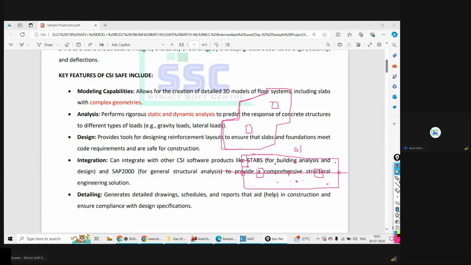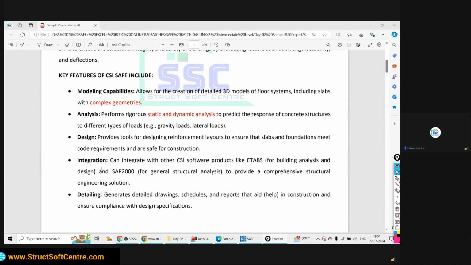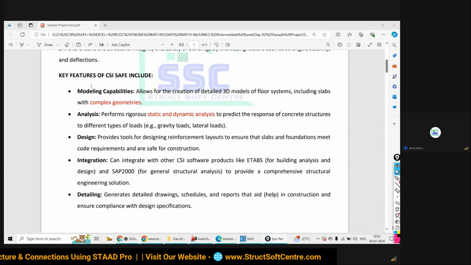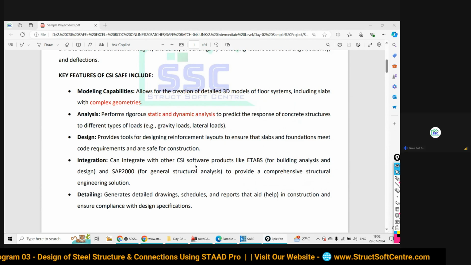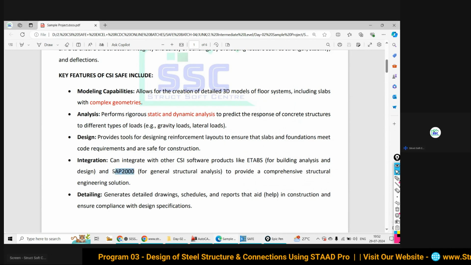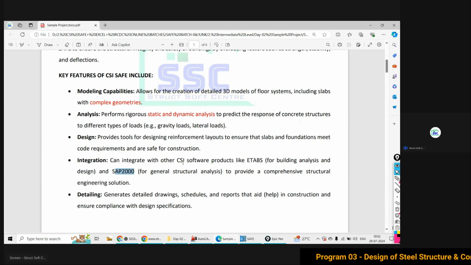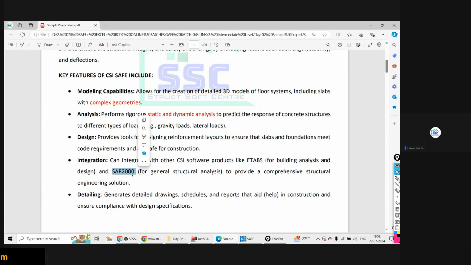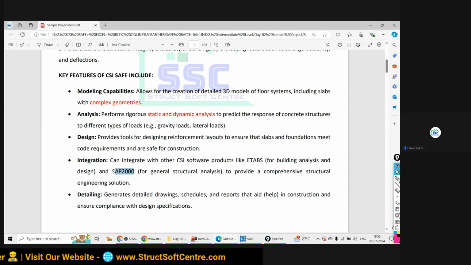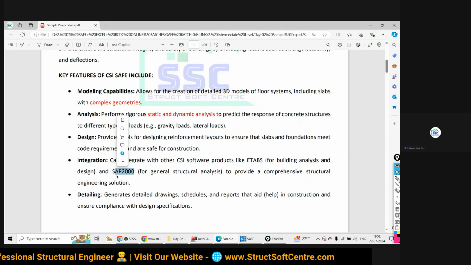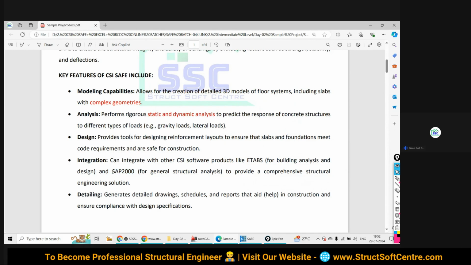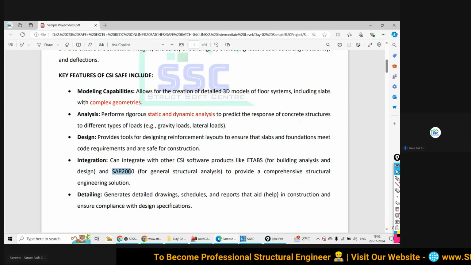This software also has integration with other CSI products, like ETABS and SAP2000. SAP2000 is also a software developed by the company Computers and Structures Incorporated, which is most commonly used by research scholars, well known for non-linear analysis.